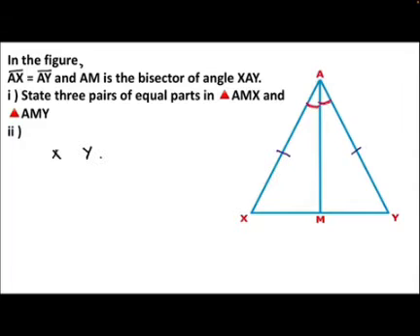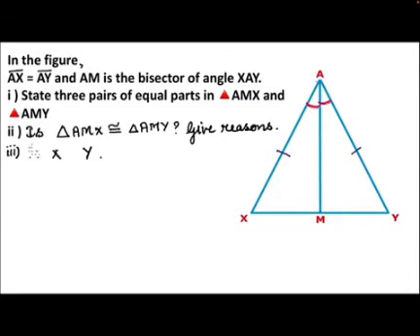Triangle AMX and triangle AMY. We have to prove that they are congruent. Now, the question is: is triangle AMX congruent to triangle AMY? Give reasons. The next one: is angle X equal to angle Y? Okay, now let's start proving. Three parts we need to prove, children, and then you can state the criterion. So I write that